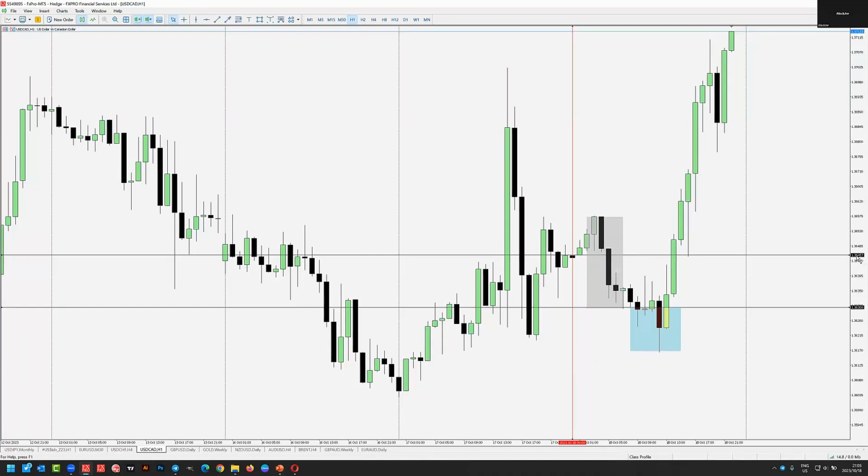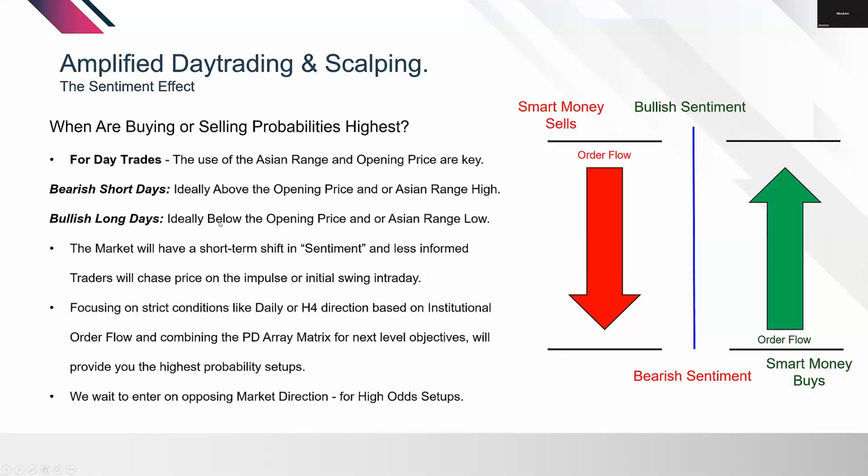The opening is 1.3645. Asian range low is coming in at 1.36300. So the conditions were fully met for an ideal bullish long day, ideally below the opening price